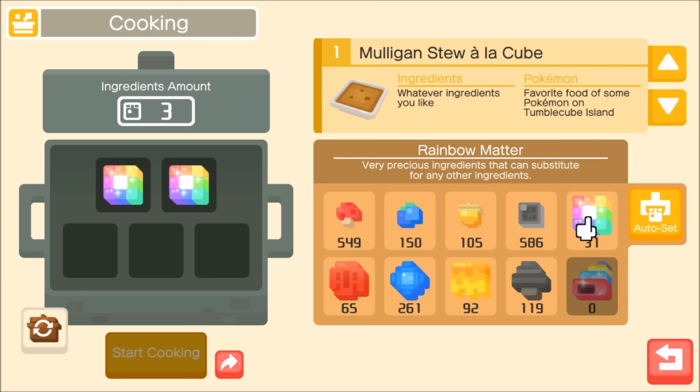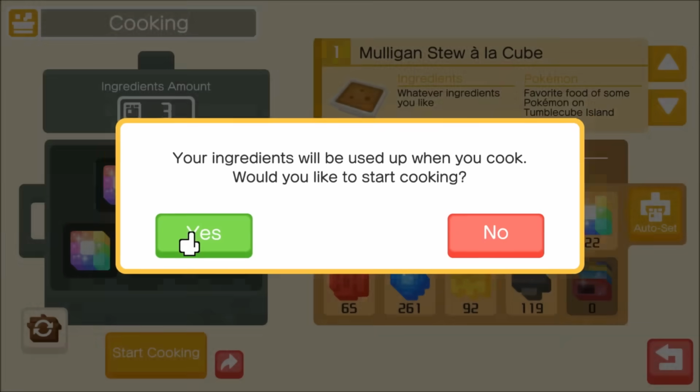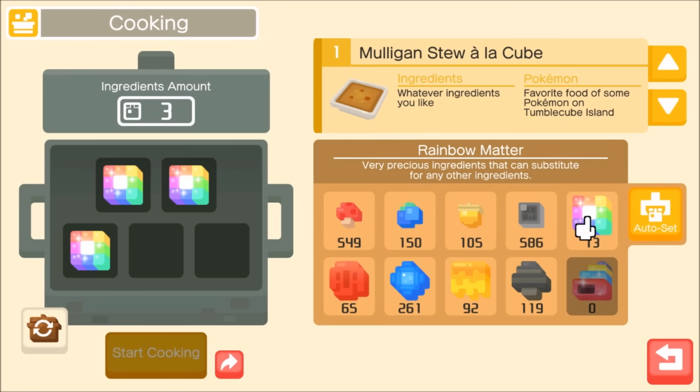Now, since I'm not super focused on getting a Mew right now, I'm just going to cook up all these and see if we end up with that Dratini, see what kind of rare Pokemon are summoned by this, because it seems like it's just the special rarity overall. So I'm going to do one more, that's just all of them, and I'm going to play around with mixing